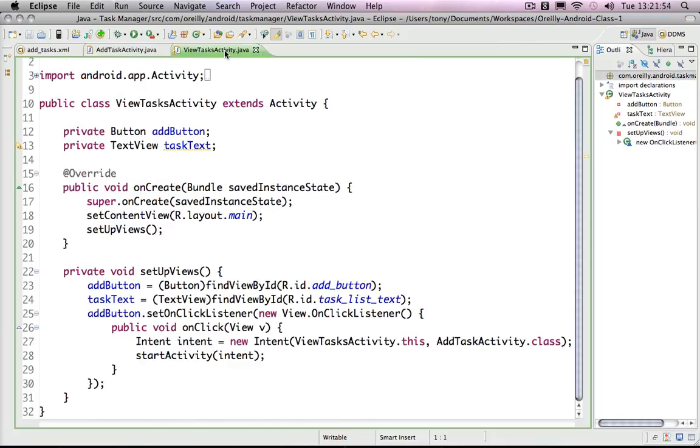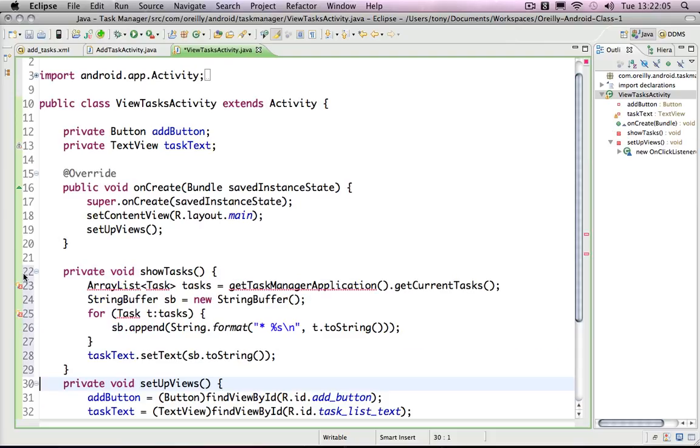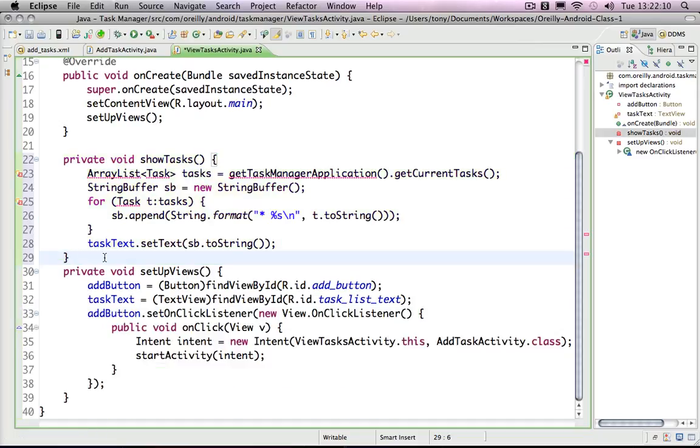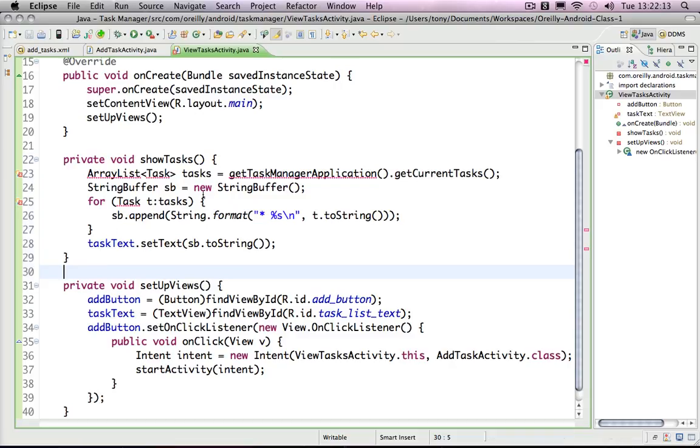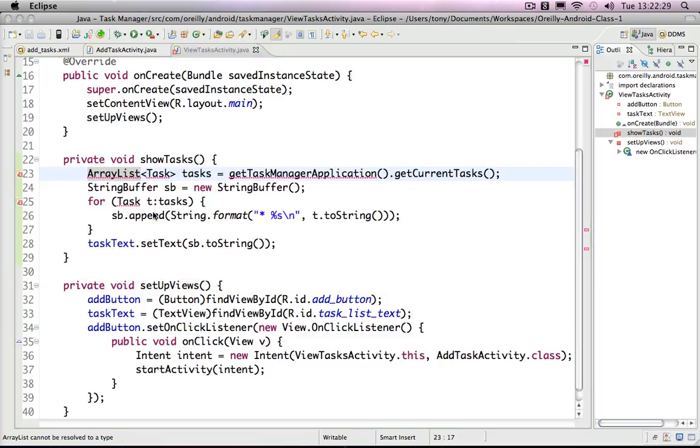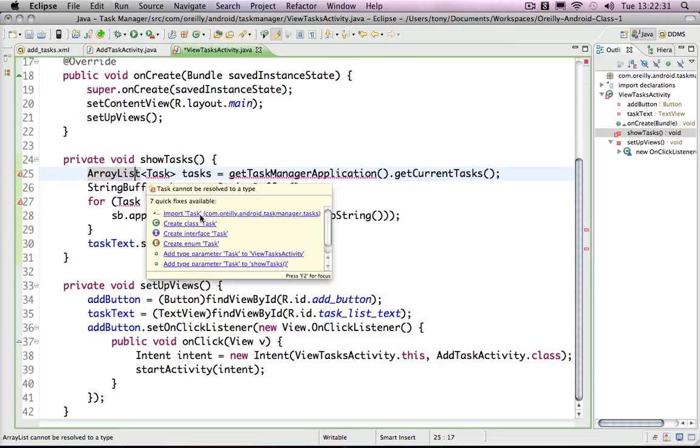Now that we have something in our task list, what we want to do is show those tasks on the view. So I'm going to paste in a method that will do that right here, and that is called showTasks. Basically I'm just going to do all the work here, and this may seem kind of messy to some people, but don't worry, we're going to move this out in later episodes. I'm going to get all the tasks that we have in the application, import these guys, and then loop over them,